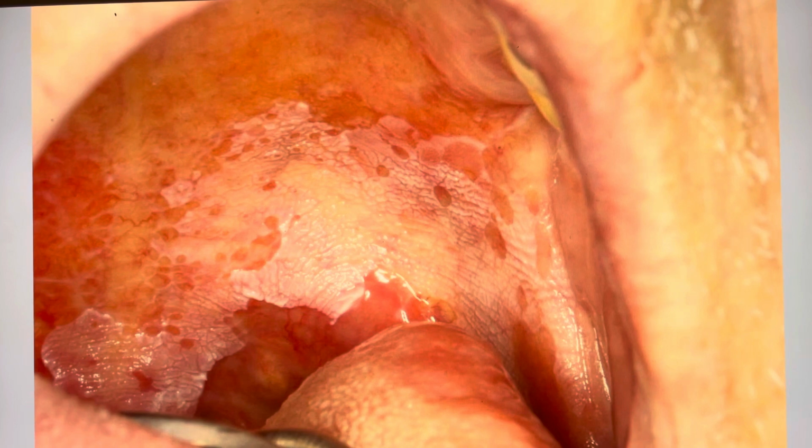Today I'm going to share with you a very interesting case. In my previous video, I talked about hyperplastic candidiasis, which means sometimes we have a yeast infection in the mouth, and that yeast infection, when it's long-lasting and chronic in the mouth, can cause tissue growth.